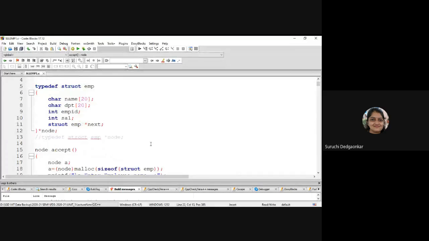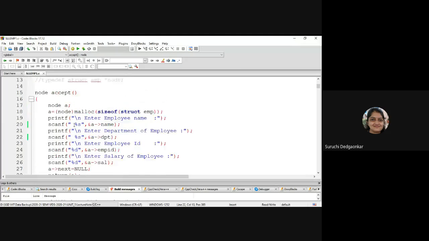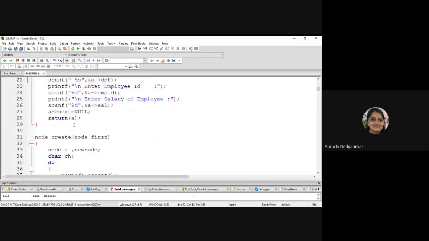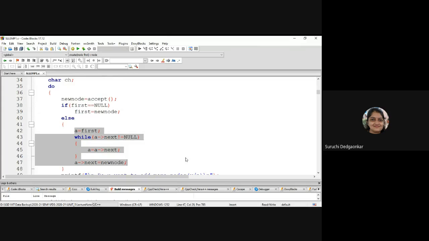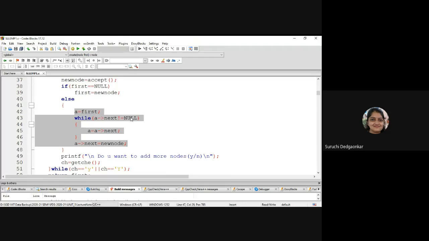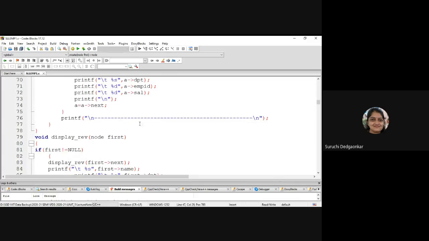And in the morning, we have discussed about the searching, modify, deletion, or deletion at the given place, then insertion in between, all those operations. Okay, so this is the accept function in create. Whatever is this function, this is nothing but insertion at the end logic, which is called in the loop. This is the do while loop in which we are calling this. Then traversal function,